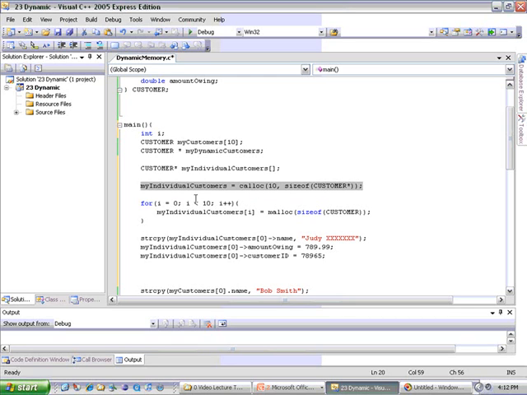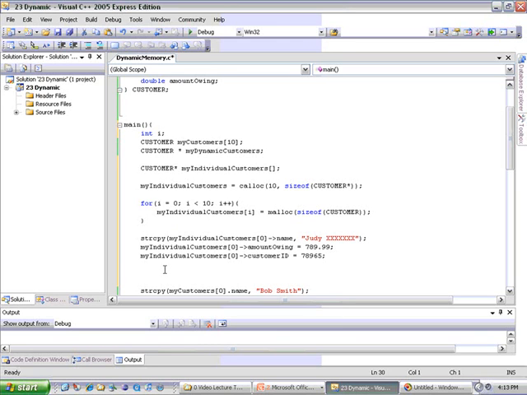And then go through each one of them and allocate the 52 bytes each and allow these pointers to refer to it. So this is the most difficult one, and it's also the most useful, because we can then allocate